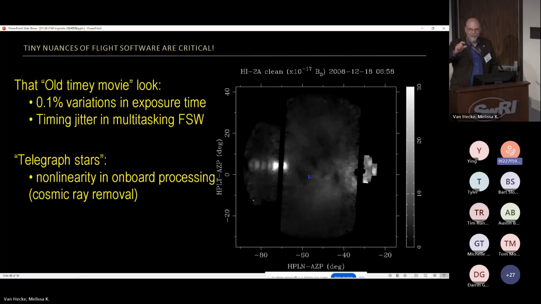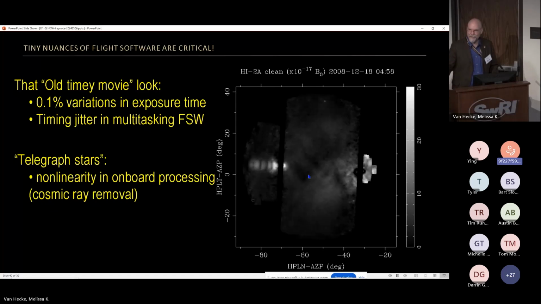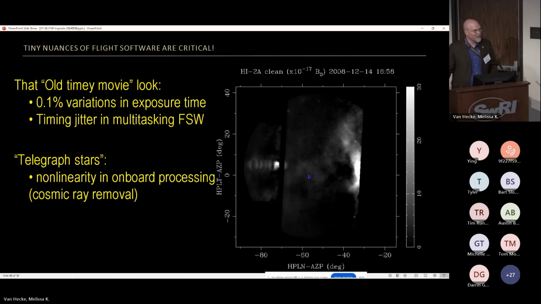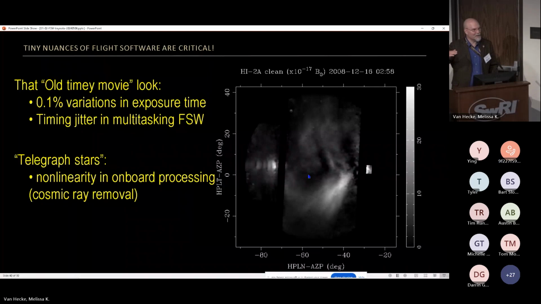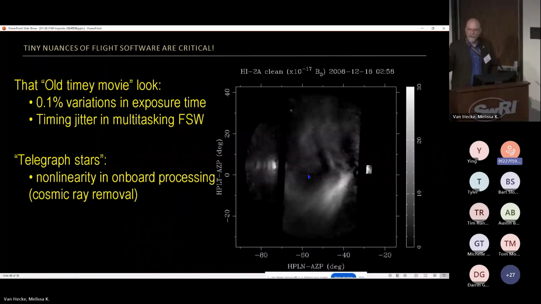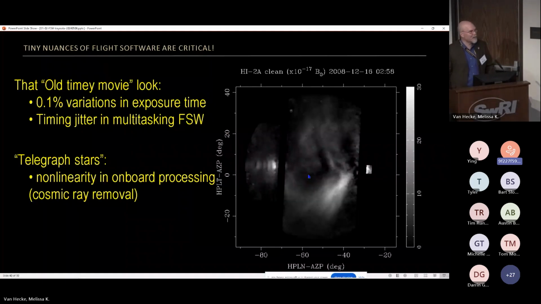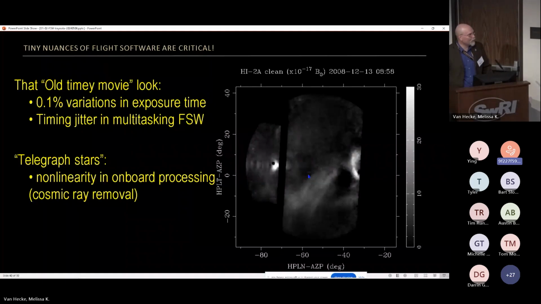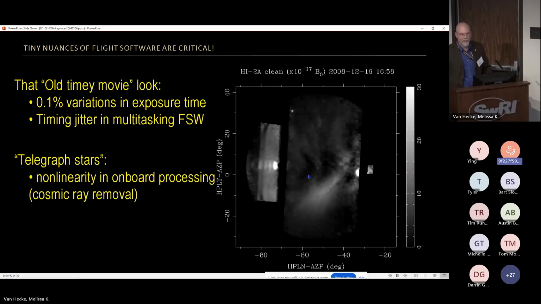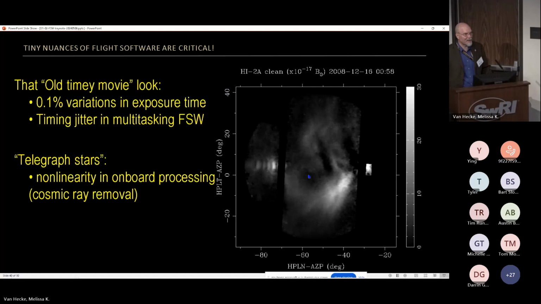And so the bright, noisy pixels have more false positives for spike detection than fainter pixels. As a result, there's an ever so subtle nonlinearity in the response of the system. The detector itself is just fine, but by the time you impose this onboard cosmic ray removal, you've got a nonlinear detector. It's nonlinear at the 1% level. And that's enough